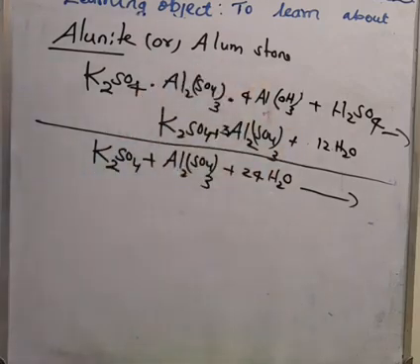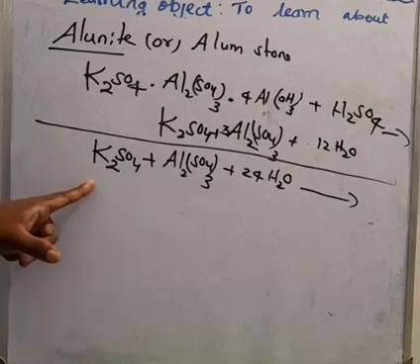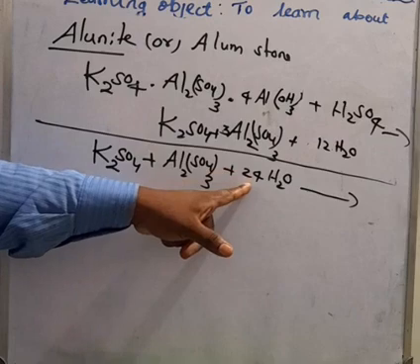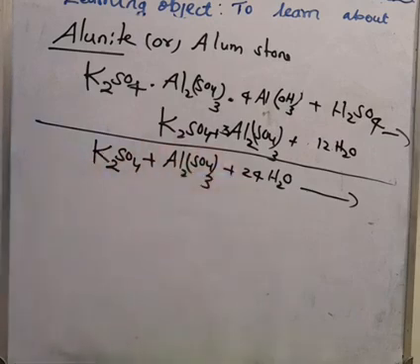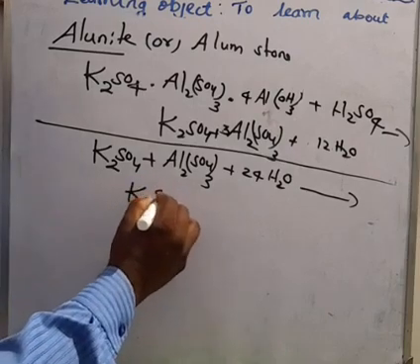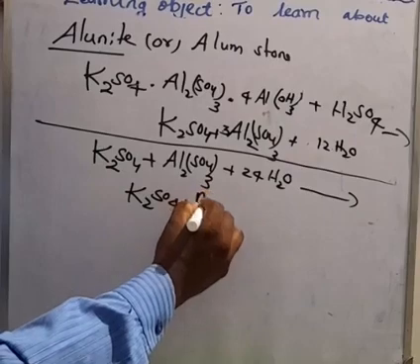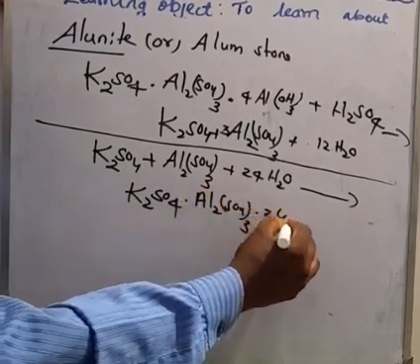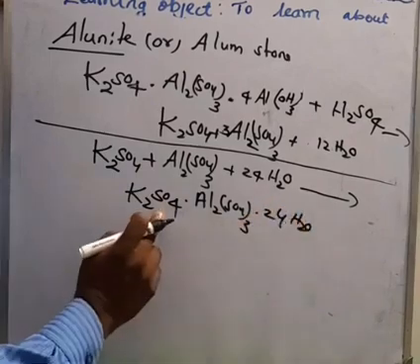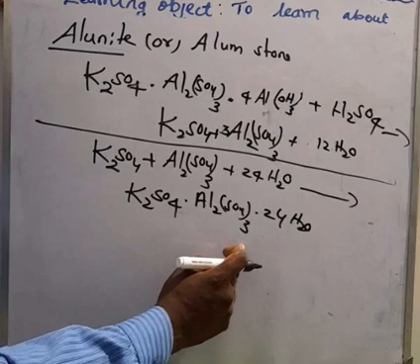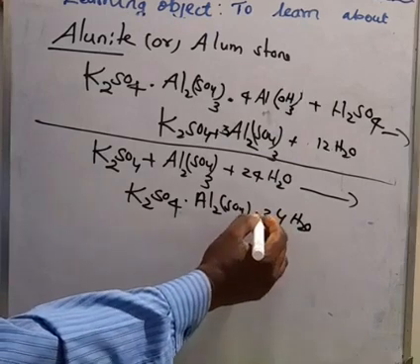What is the formula for potash alum? K2SO4 Al2(SO4)3 and also 24H2O. So we are writing it in such a way. K2SO4 plus Al2(SO4)3 plus 24H2O. We get K2SO4 plus Al2(SO4)3 plus